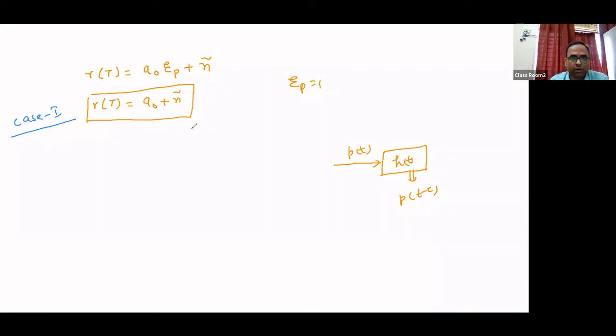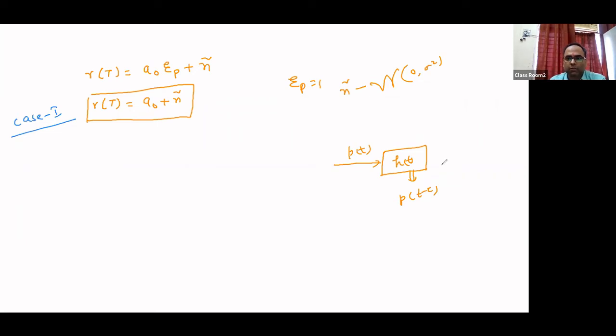I have already told you the method to write or represent the Gaussian noise. We know that N tilde can be written as calligraphic N, and here we should write the mean. So for example, if any noise is having 0 mean, then it should be 0. And for example, the variance is sigma square. If this noise is white Gaussian noise, then the value of sigma square will be N naught by 2, right? Because the PDF of white noise is a constant line, and the value of that constant line is N naught by 2.